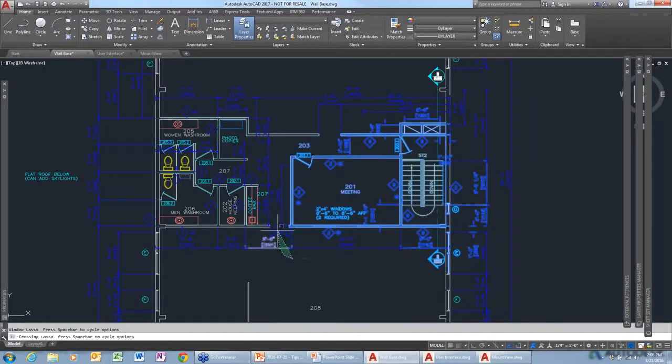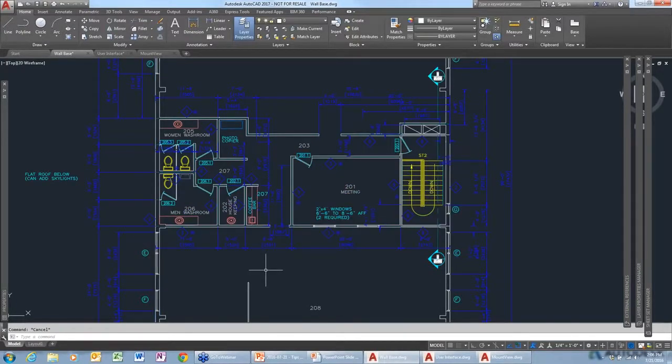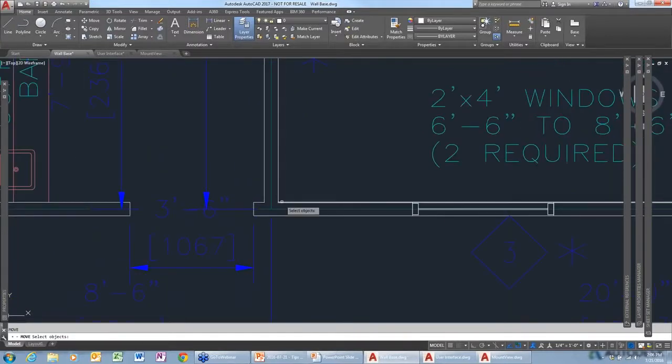If I were to start going to the right or to the left, I'll get a crossing window. So that's just quick, basic selection. But there are some more advanced selection methods. If I were to start the move command and I want to grab something that's really close to something else,